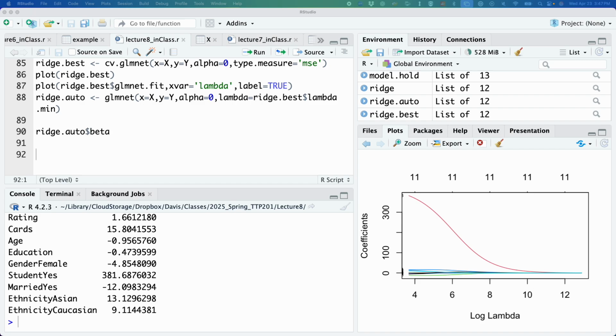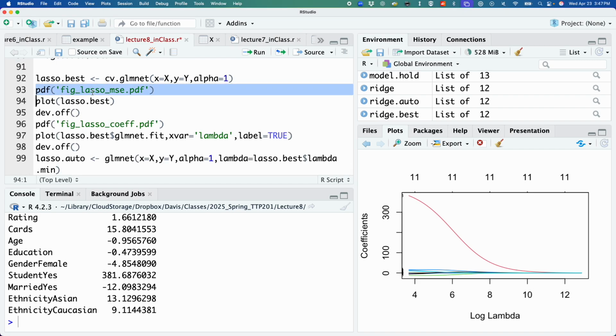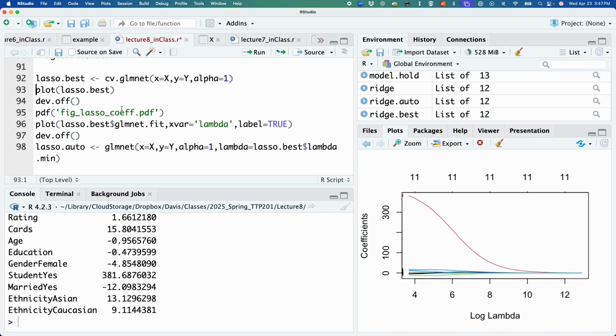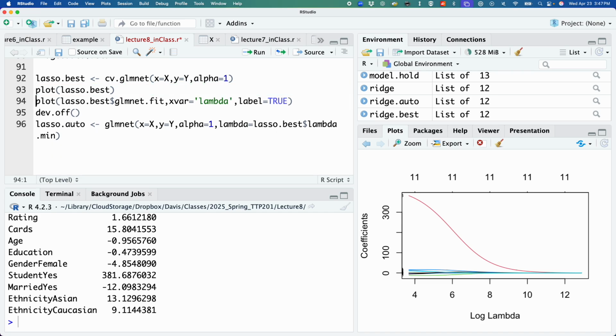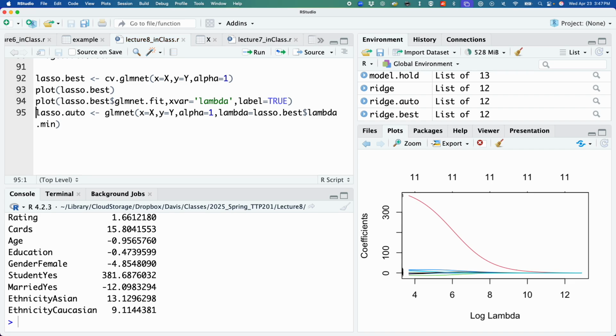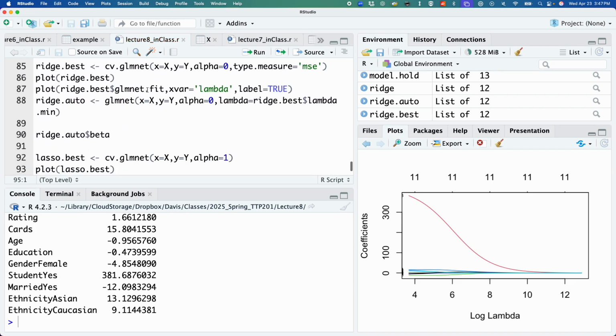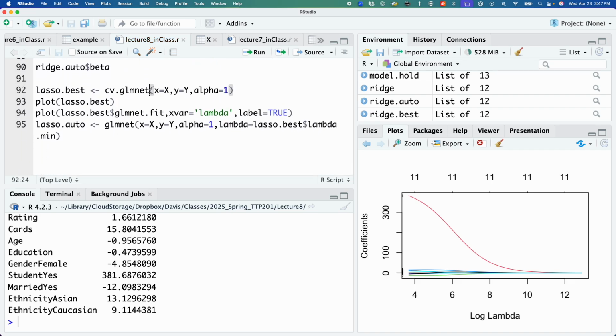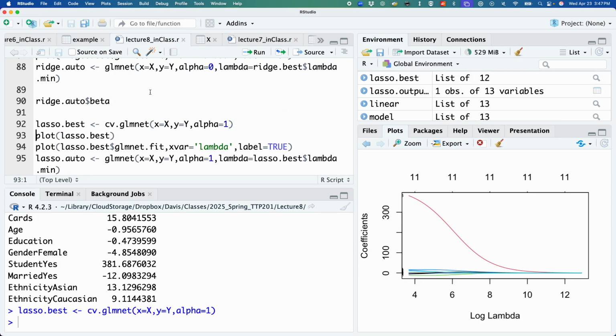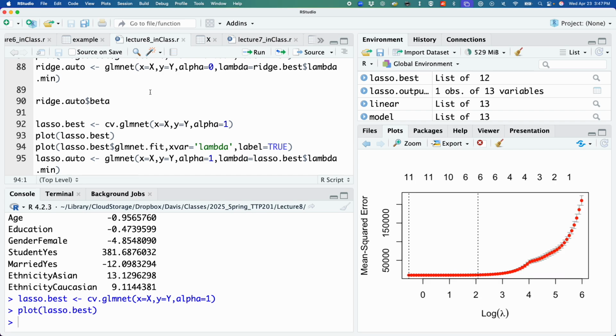Okay, we can do the same thing with lasso. This is the exact same thing I just wrote for ridge, but for lasso, all I have to do is set the alpha equal to 1. As a refresher, cv.glmnet means run cross validation to figure out the best value of lambda. That looks something like this in terms of the mean squared error relative to my